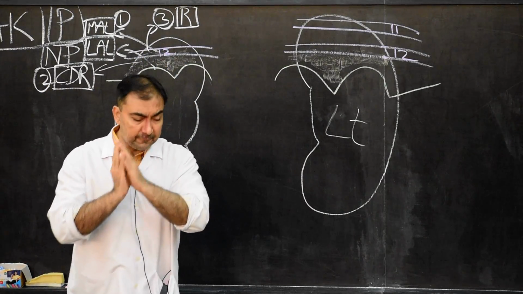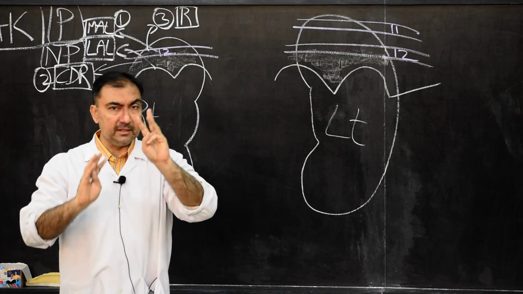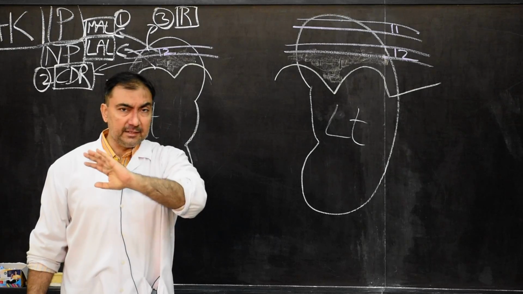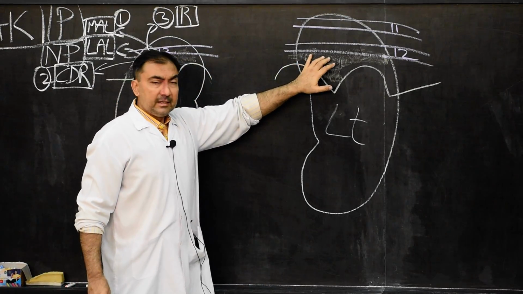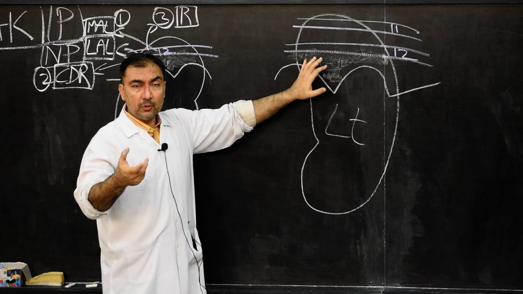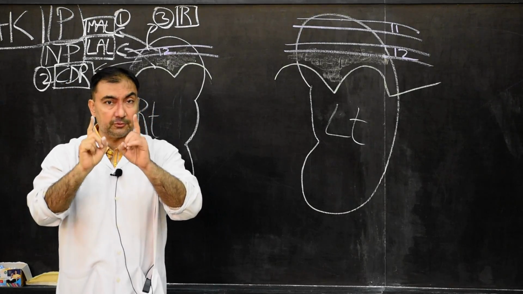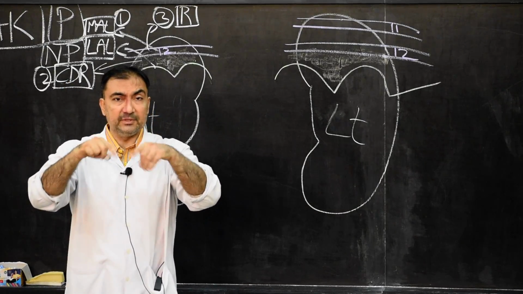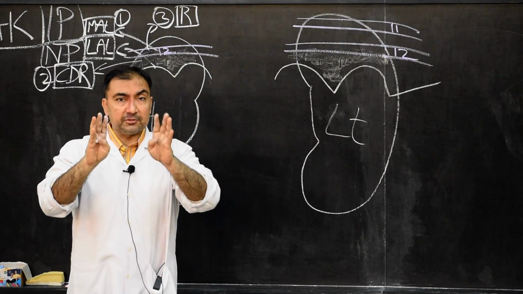So here we finish our upper segment posterior relations of the kidney, 3 points. Very clear. It is basically very simple. And costodiaphragmatic recess, remember, it is present lower than the 12th rib only at one point, that is the costovertebral angle of both the sides, that I have discussed with you in pleura. So remember, that is the costodiaphragmatic recess.